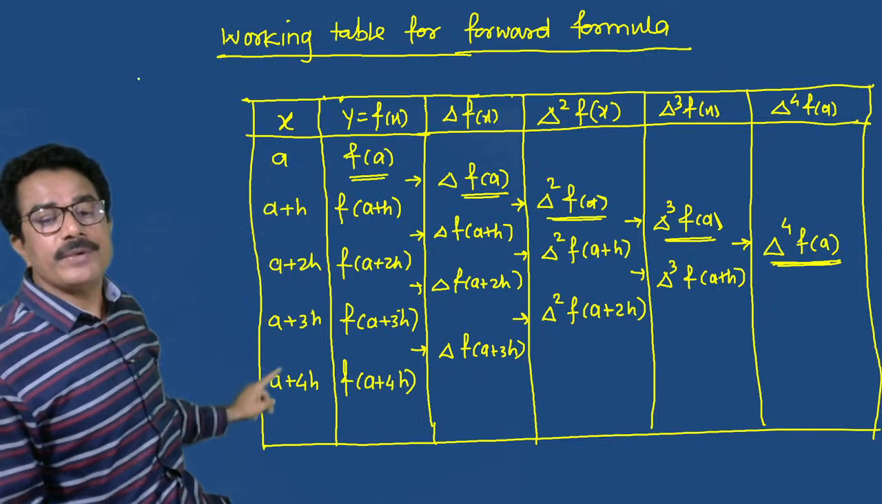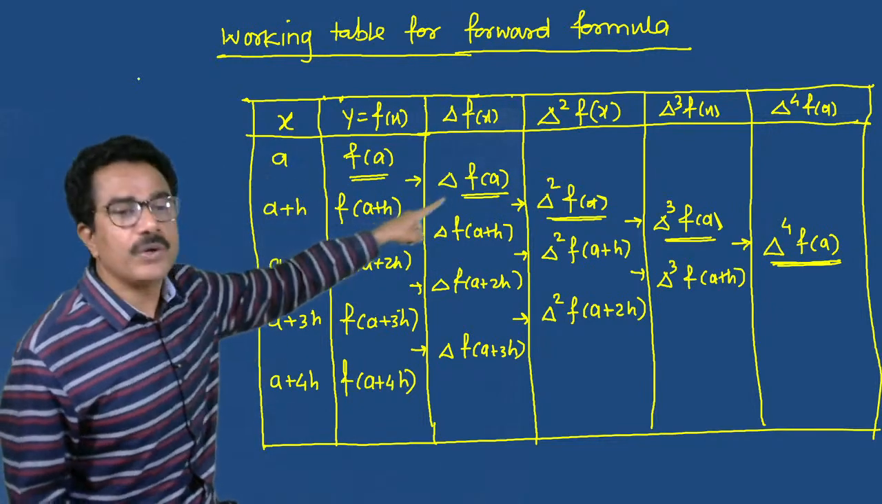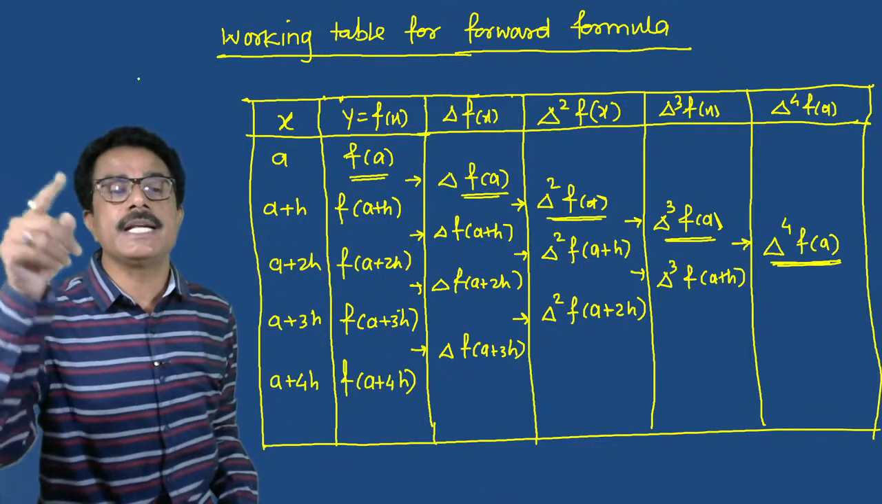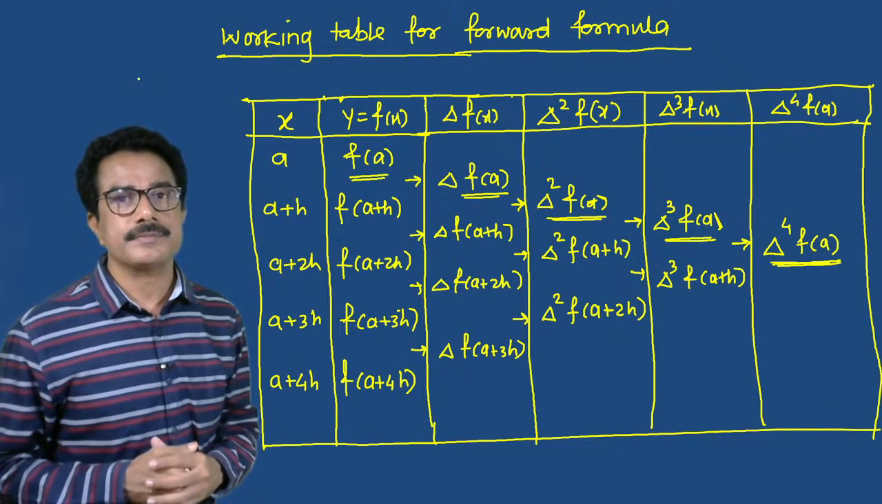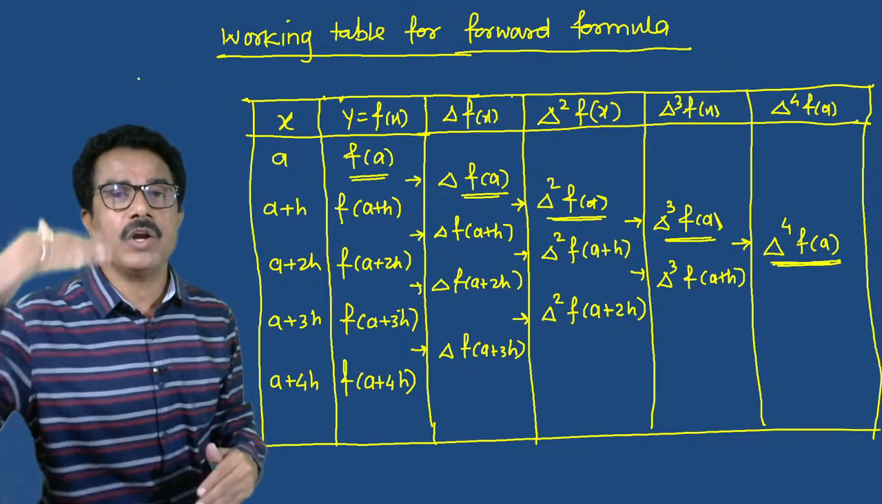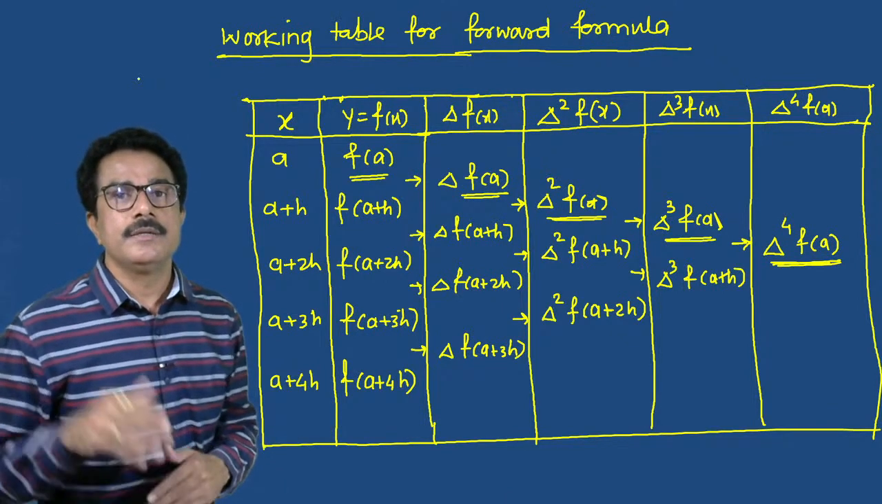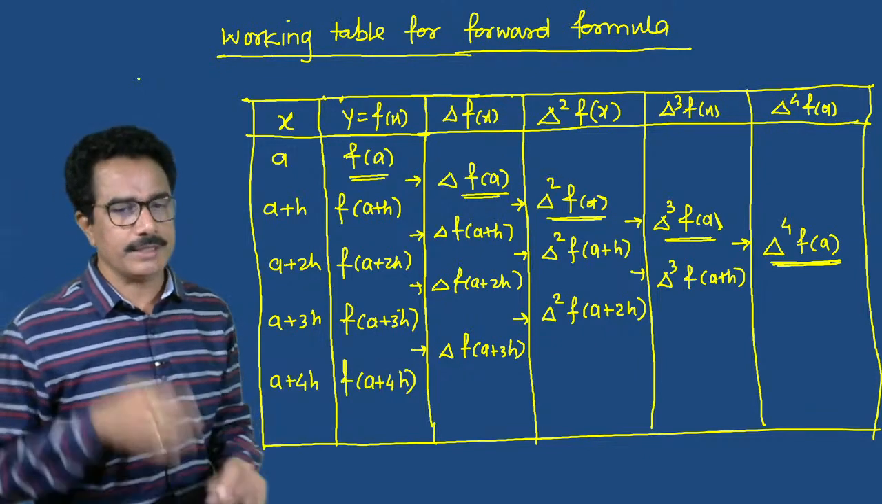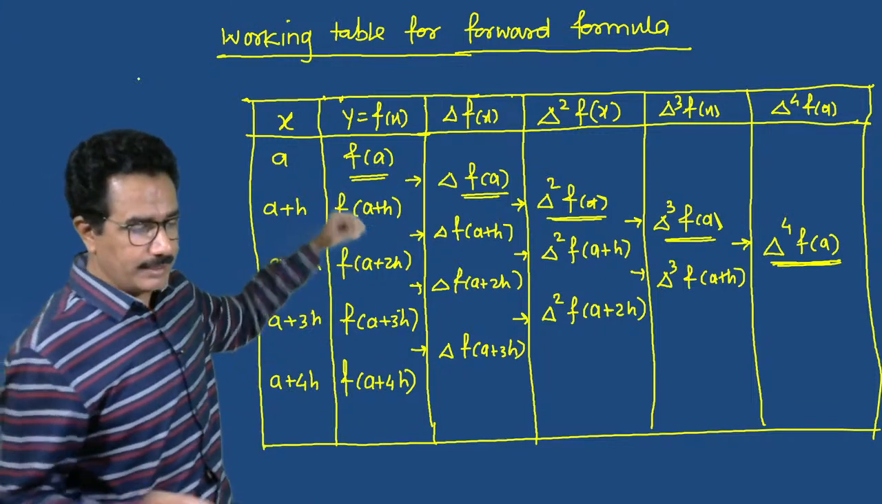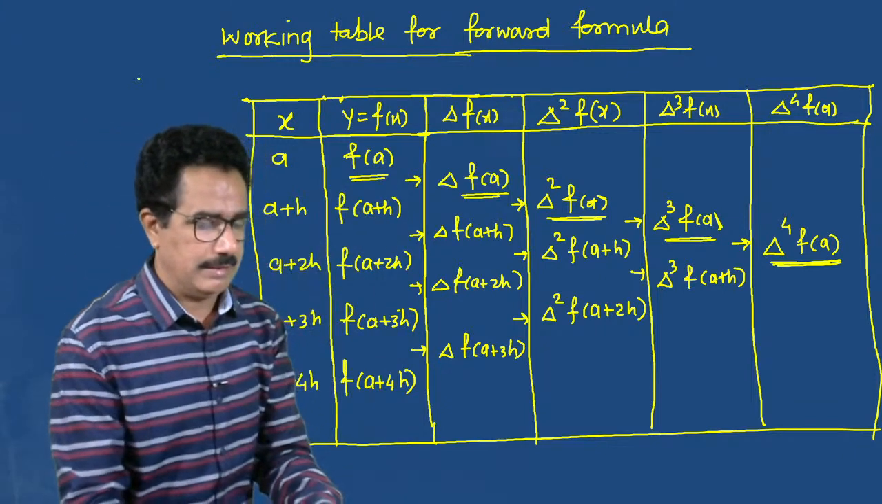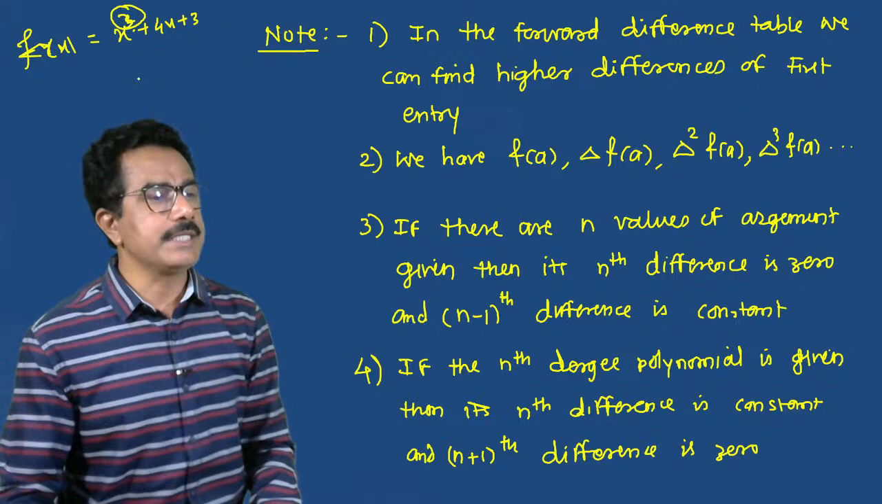If there are 5 entries, then definitely fourth difference constant means delta fourth f(x) is constant and remaining all others, the next ones, all become 0. Next, in the case of a polynomial, if we draw a polynomial... OK, now we shall discuss. Remember this, note. Now the working table